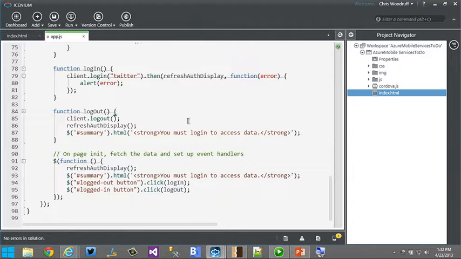So let's go back, and that's basically the gist of mobile services. Let's move on and go back to our